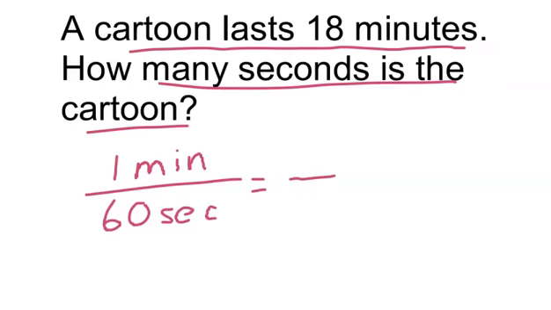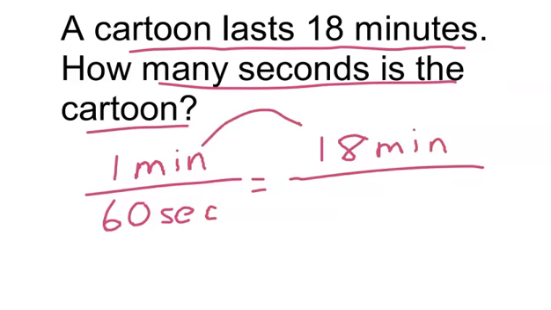And if we want to know how many seconds 18 minutes is, okay, what does it take to get from 1 to 18? Well, that's pretty obvious. It is times 18. So if you're going to do 1 times 18 to get 18, you're going to do 60 times 18,